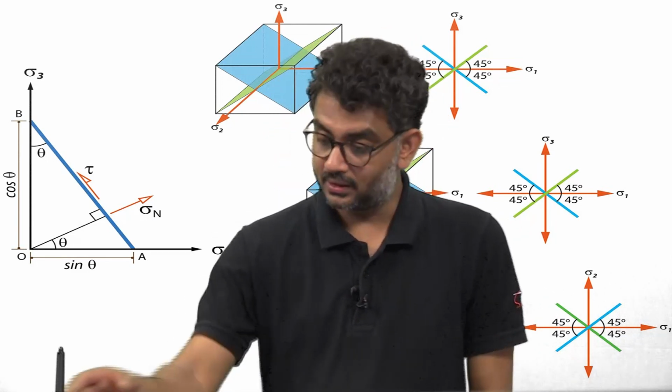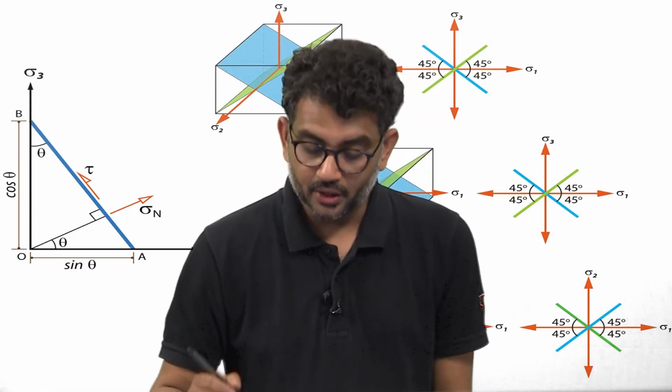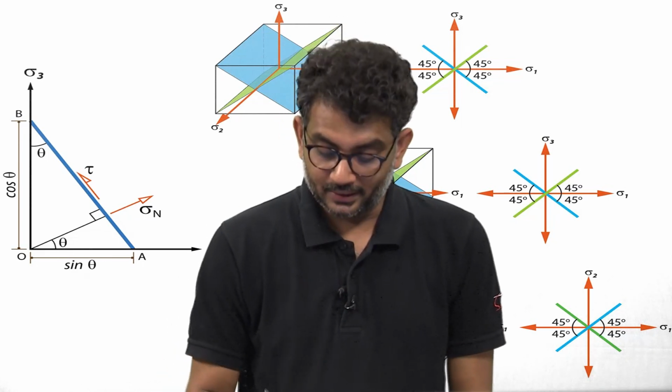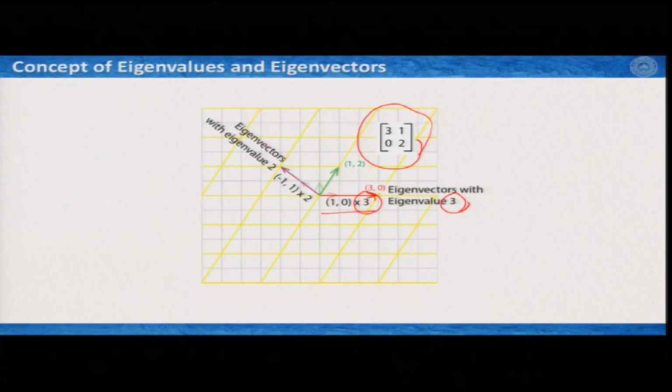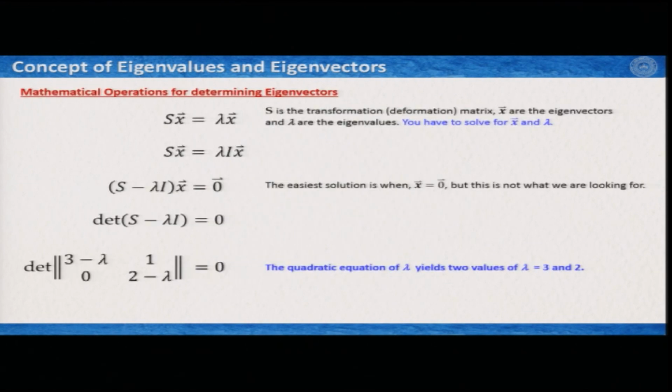But before that, this is how we have understood geometrically that the red and purple, these two, are my eigenvectors with some eigenvalues, but how do we calculate them mathematically? Now eigenvalues and eigenvectors are defined in this way. So if S is a transformation matrix,